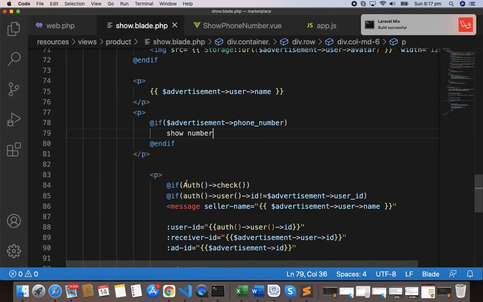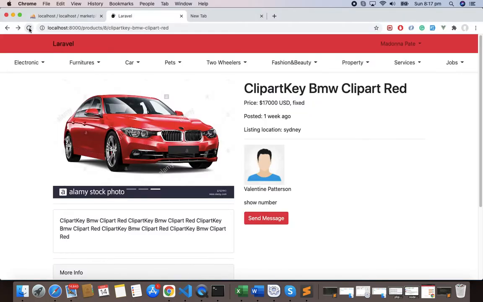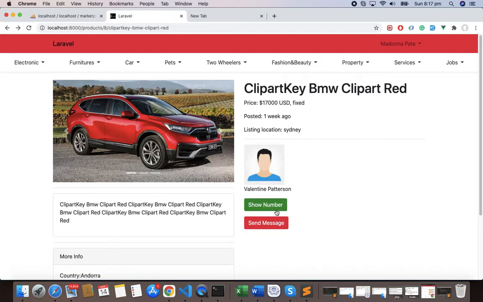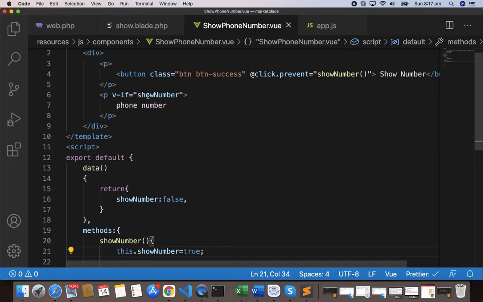Let's go here and load the component, phone-number. Save this, go here, refresh, and you'll see this phone number. Initially we have this button, and initially this is false, and whenever the user clicks this, it will show the phone number. So if we click here,